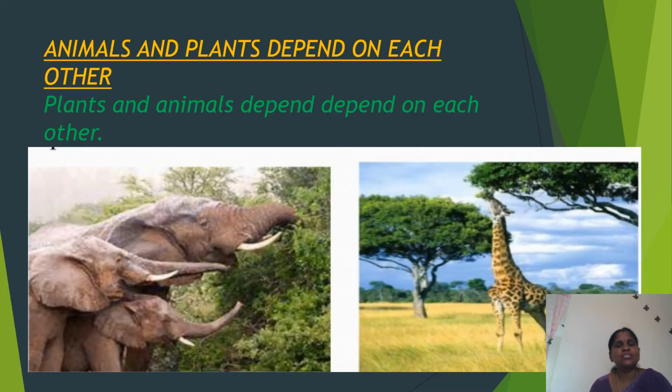We discussed the differentiation between plants and animals. Animals and plants both depend on each other. So those two are maintaining that balance in nature. The balance in nature is maintained by animals and plants. We have to protect these two. So what should we do? We should not hurt the animals. We should save all the animals, and we should plant more trees. To maintain these two we have to do this.